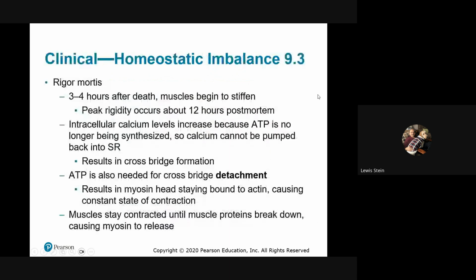And so here's the part toward the very end of this particular PowerPoint sequence, to explain a very interesting phenomenon that has extraordinarily significant forensic value called rigor mortis, stiffening upon death. It's why we sometimes call a dead individual, though it's very inappropriate, stiff. Because they stiffen. They don't stiffen right away. Understand those muscles are ready to go.